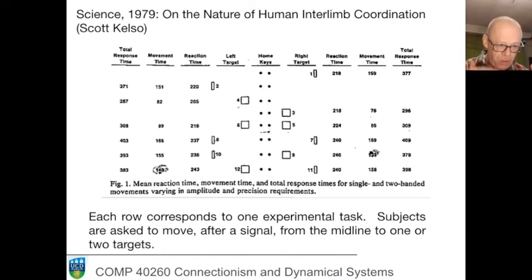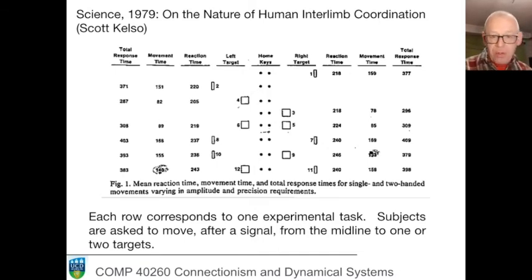The next two lines, lines 3 and 4, show the same procedure where one hand moves to the large nearby target. And the headline figure here is 80 milliseconds, half of that for the distant target. So moving one hand to the large target on either side takes 80 milliseconds. So those first four lines were all single-handed movement.